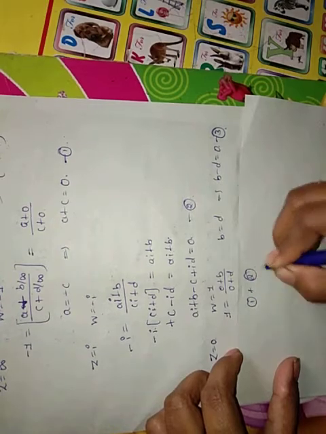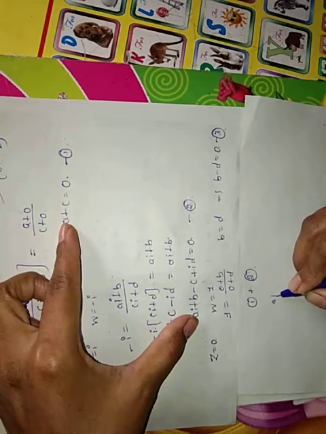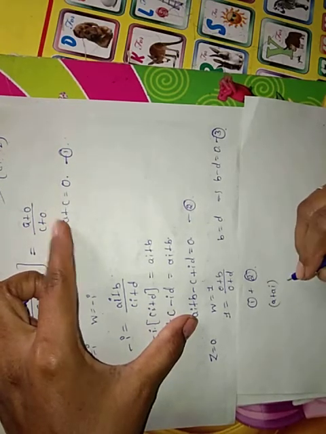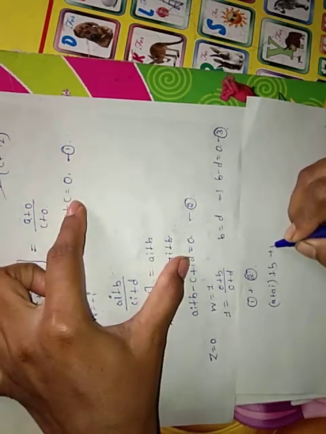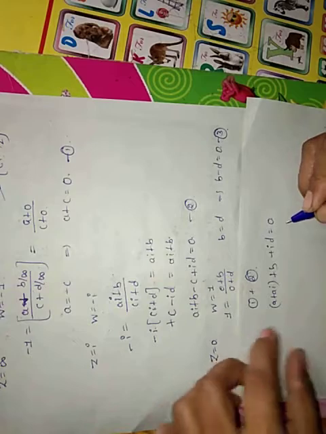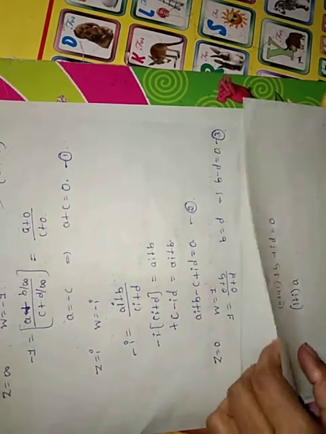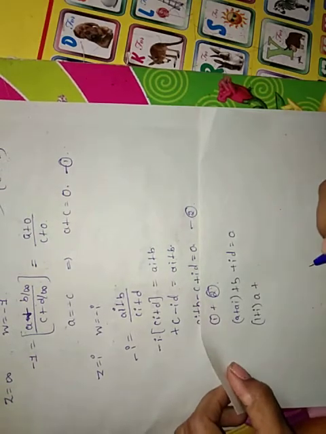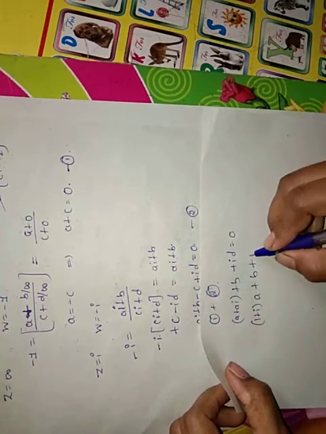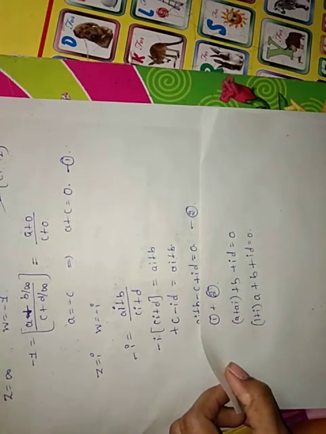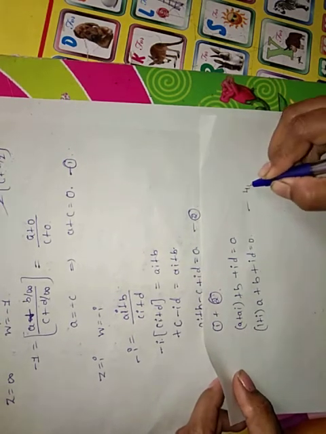1 plus 2 will give us A plus Ai, plus B minus C plus C cancel, plus iD is equal to 0. So take a common: (1 plus i) into A plus B plus iD is equal to 0. Call this one as equation 4.